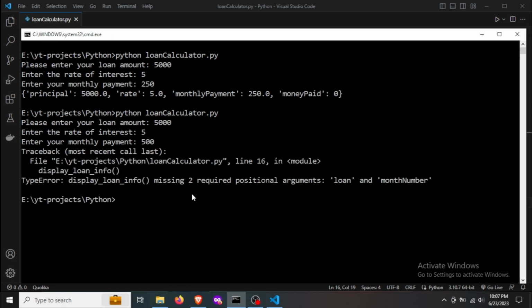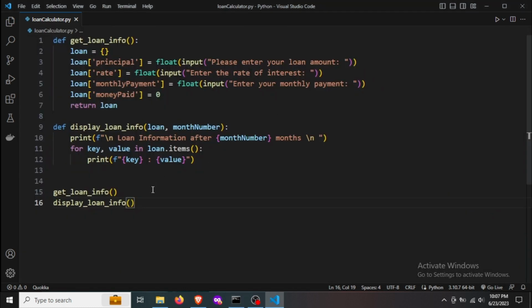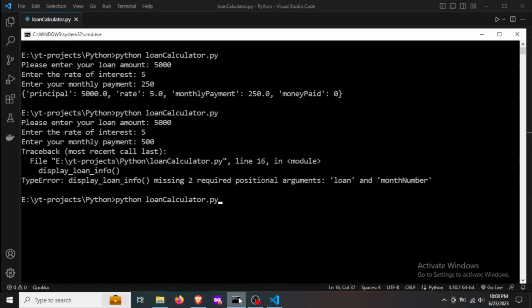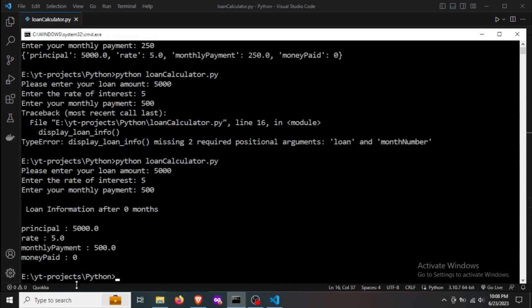Okay, so it is saying, yes, we have to give two details here, right? So we have to give this function here, and then I'm going to have month number, let's say 0. And let's see if this works. 5,000, 5%, 500, and our loan after 0 months is principal this, rate this, monthly payment is this, and money